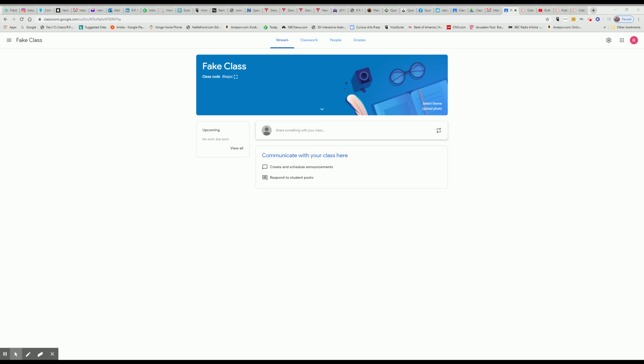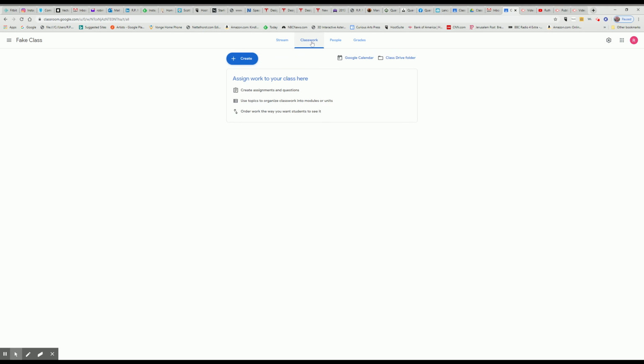Okay, so we're going to learn how to create classwork in Google Classroom. So you're in your classroom, you click on the classwork tab, and this is your create button. When you click here, you will see that there are different assignments that you can give. There's also topics. That's going to be really important to help you stay organized and for your kids to find